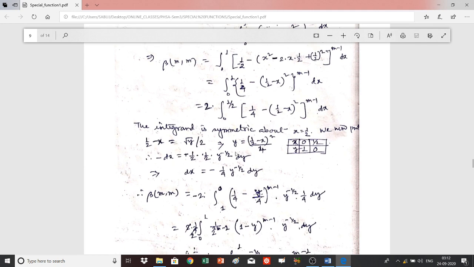So from here dx is equal to, just calculate it. You can write this as 2 into integral 0 to half. You can also write in this manner. So write this as 2 into 0 to half, and there will be no problem at all. So in this case, if x is taken as half, then just calculate from this relation, you will get y is equal to 0.